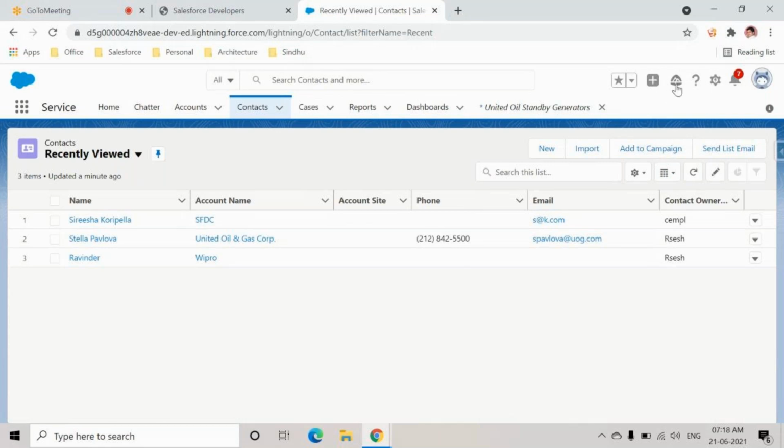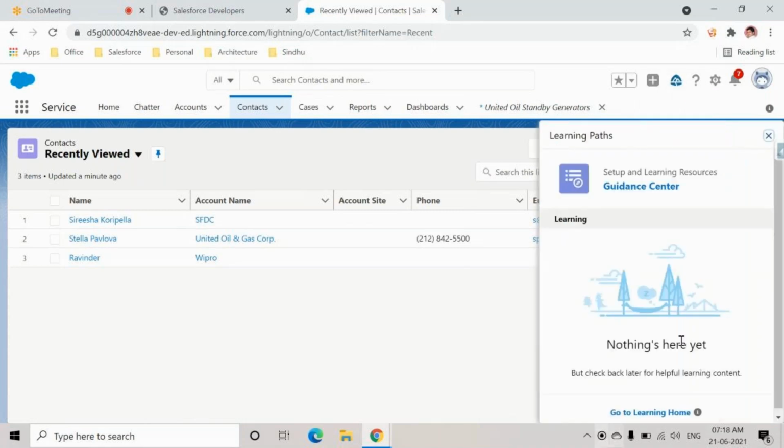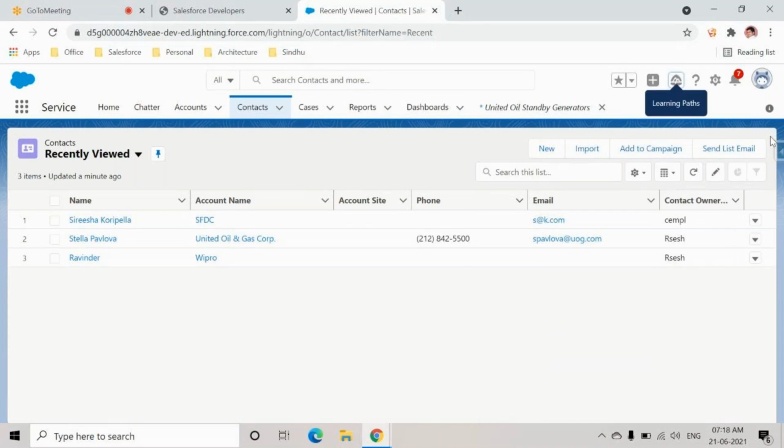Okay. Next thing is about the paths, like what are the different paths you have in Salesforce, all those things, the learning paths. If you want to pay Salesforce, you can pay and learn. You can even get the same training from Salesforce for somewhere around $3,300 or something. So those details will be there in that.